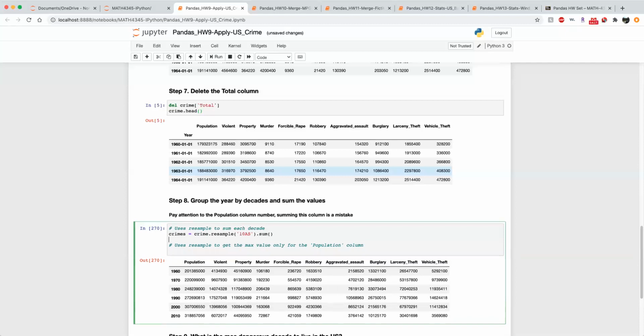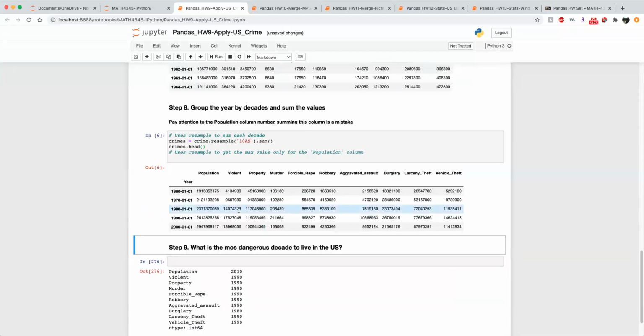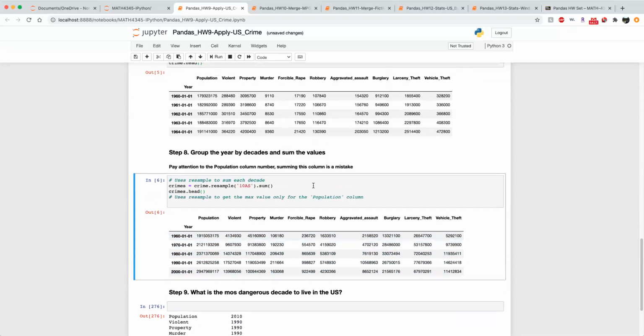What does that mean? Okay, so once you do this, let me show this ahead. First one, what happens? So now, look at this. Definitely look at the index here: 1960, 1970, 1980. So the first row, all of the columns in the first row, the index 1960, January 1st, these numbers were obtained by some of the data from 1960 to